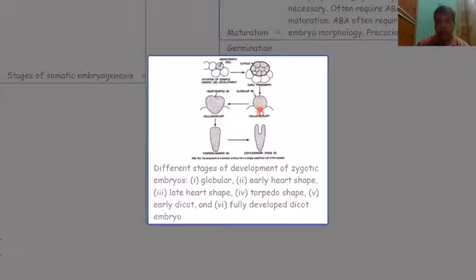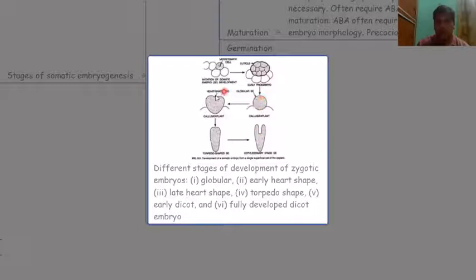And as you can see in this picture, it is clearly marked that the callus and the embryo have no vascular connection. Remember that once we discuss the differences between organogenesis and embryogenesis, at that point we will detail the differences between the embryogenic response from a callus and the organogenic response from a callus. So here you can mark one difference at least, that these embryogenic masses do not have any vascular connection with the callus from which they originated. So one cell committed and divided further to make an embryo.